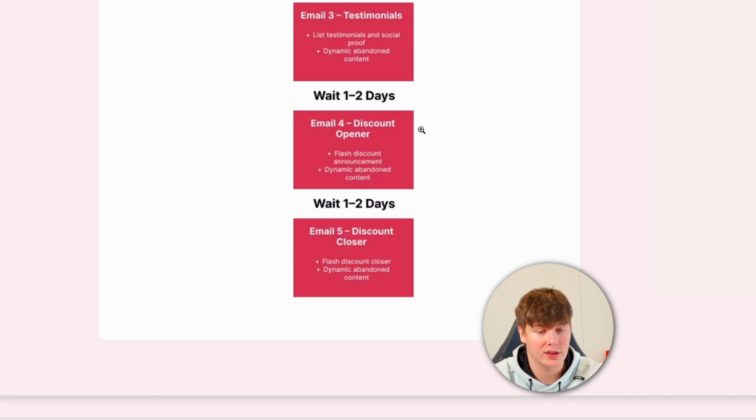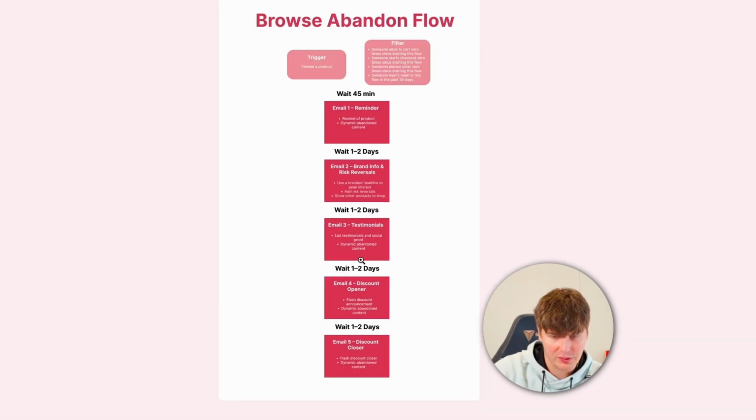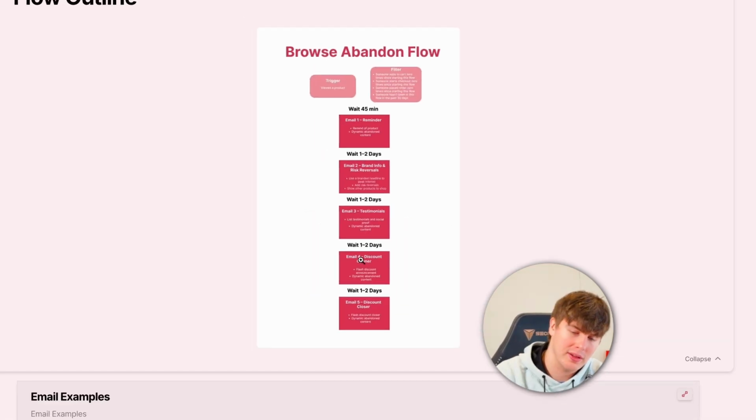We're going to do a flash discount announcement and then show the product they abandoned. And then email 5, discount closer, like flash discount, last chance, show the product they abandoned. Basically, the way this works is you send them this email. If you can get them to go back to their product and take it one step further in the funnel,